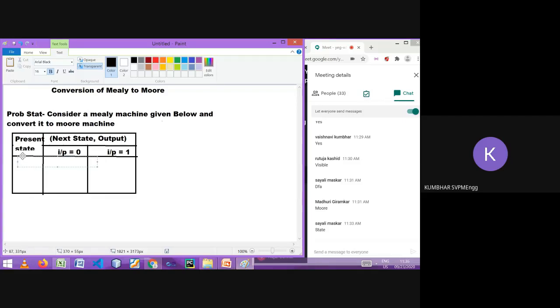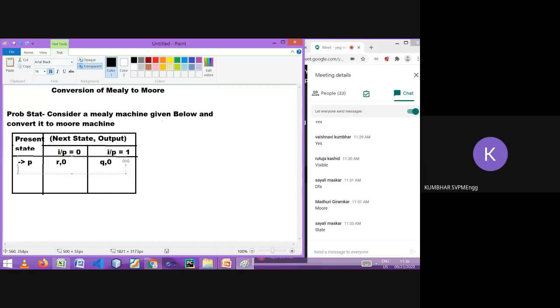Bear with me, sometimes it takes time because I have to type it. And this is q comma 0.